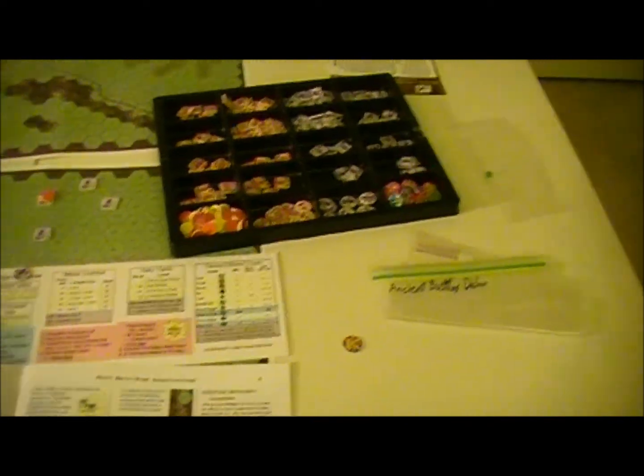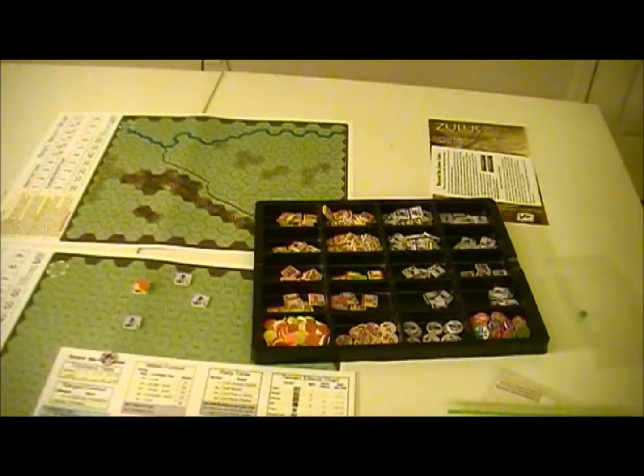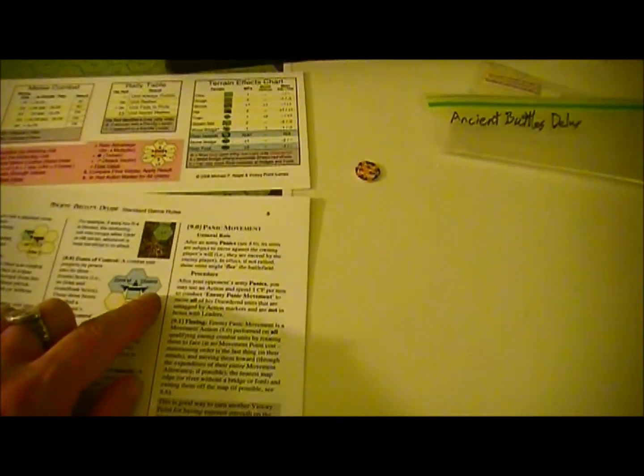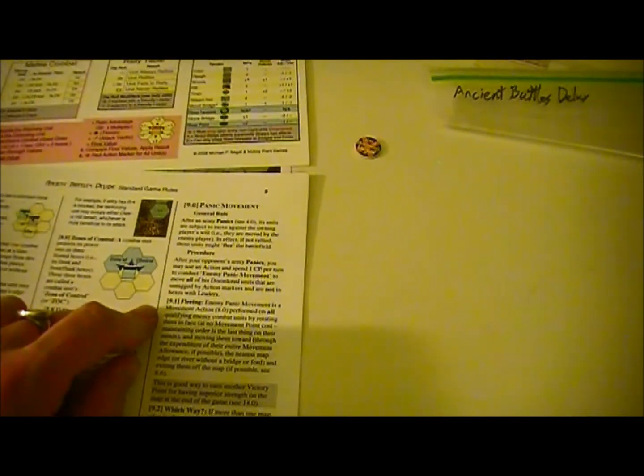When he declares a panic move and spends one of his command points in order to move your pieces, he gets to move every single disordered piece that you have. And he's going to run these toward the edge of the board,